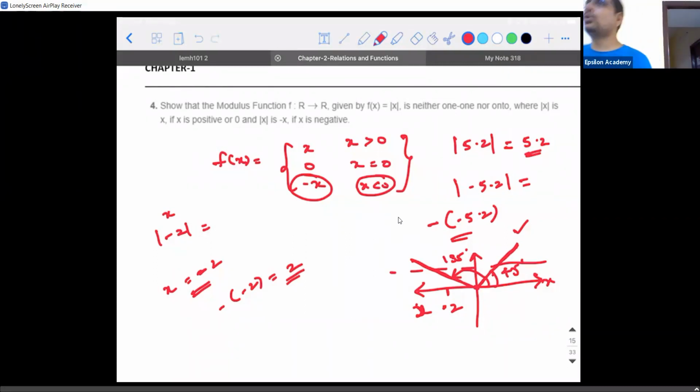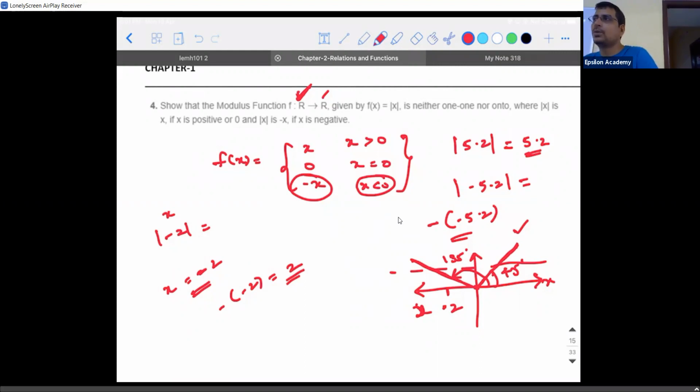Then for it to be onto, when I say real number to real number, I'll take the first real number, the one which is before the arrow mark. This real number, it is ranging from where to where? It is ranging from minus infinity to plus infinity, along which axis? Very simple, right? For a function, the left hand side represents the x-axis, the right hand side represents the y-axis. So minus infinity to infinity along the x-axis. The right side R represents minus infinity to infinity along the y-axis.